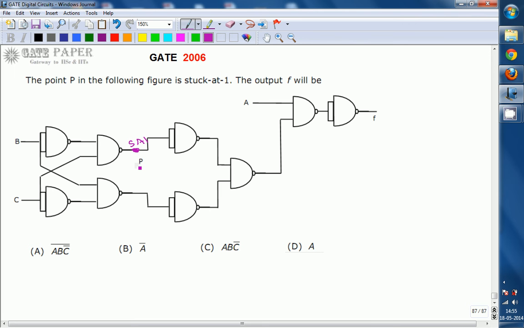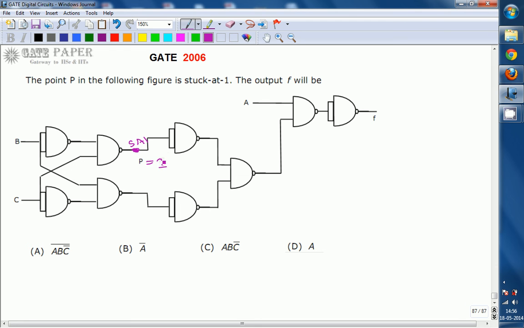So accidentally that node P is connected to VCC. That's why it always acts as logic 1. That is, it is stuck at logic 1. This type of fault is called a stuck at 1 fault. It was given that node P is stuck at 1, so P is always taken as logic 1, irrespective of the inputs for this gate. Even though the inputs vary, the output will not change, it will always be 1. That's why it is called stuck at 1.